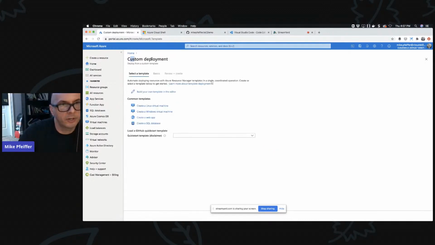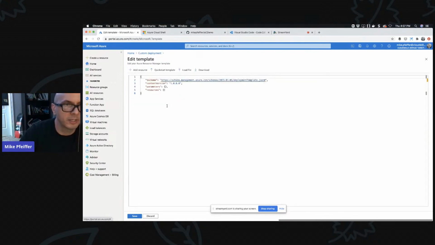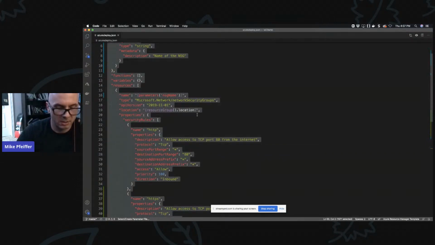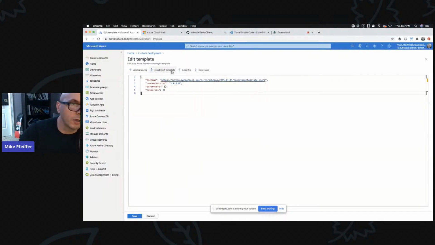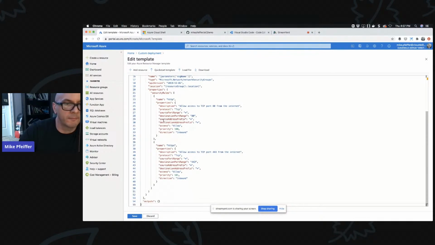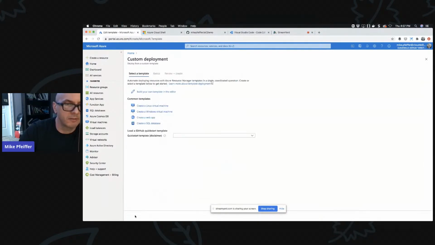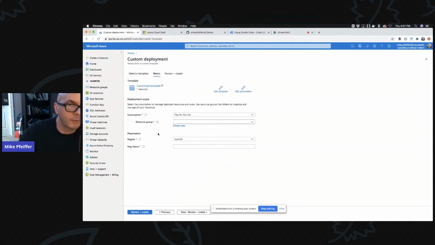So when you come into this screen, if you're just messing around, kind of doing what I'm doing, or type in some code and you want to try it out quickly, you could just paste it right in, build your own template in the editor. See how it's all the stuff we were looking at? So you could literally just copy it here. You could also upload it, right? But you just plug it in right there. Click on save. Now it takes you into the deployment screen.